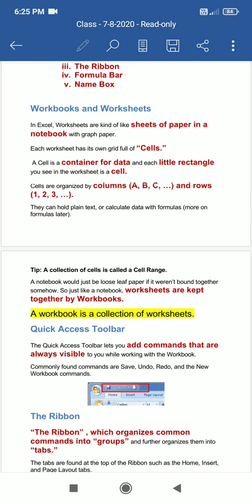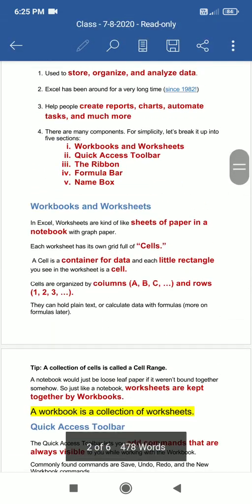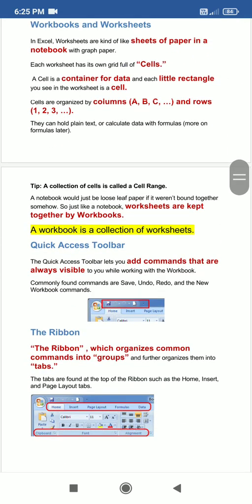Using these cells you can hold plain text, or you may use those cells to calculate a formula, and many more things we can do with the help of this spreadsheet, otherwise called a worksheet. So a worksheet is a collection of cells, and many worksheets together are called a workbook.